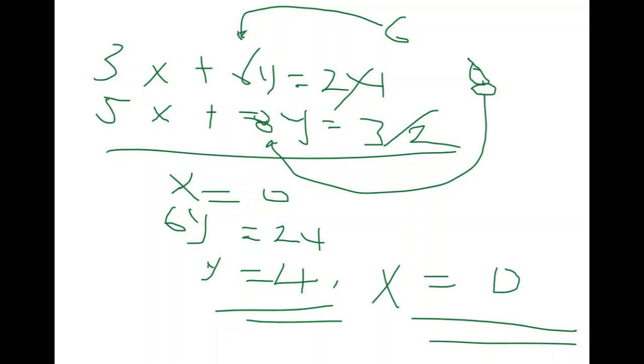Now check if there is a relationship between the constant term and any term on the left hand side. Of course there is. When I divide this by 4, I'll get 6. If I divide this by 4, I'll get 8. This is 6, this is 6, this is 8, and this is 8. So this trick will work on this particular equation. And if this is so, it worked with y. Because it worked with y, automatically our x is equal to 0. And if x is equal to 0, it means that 3 times 0